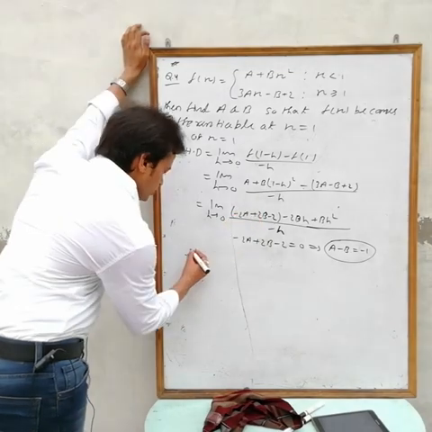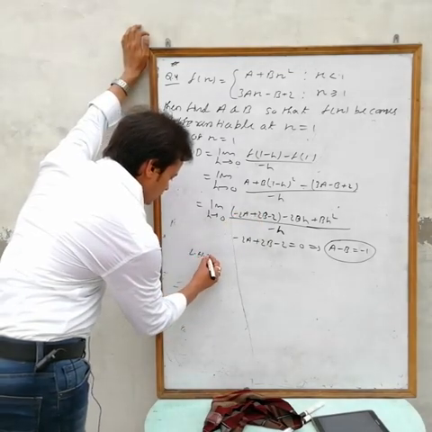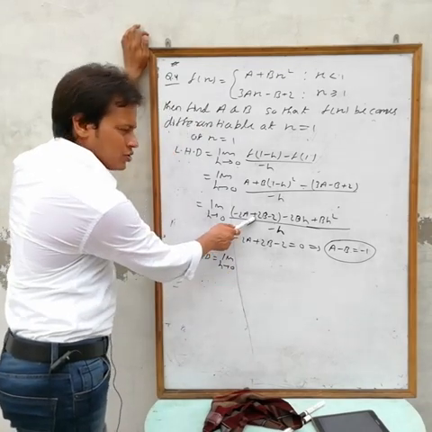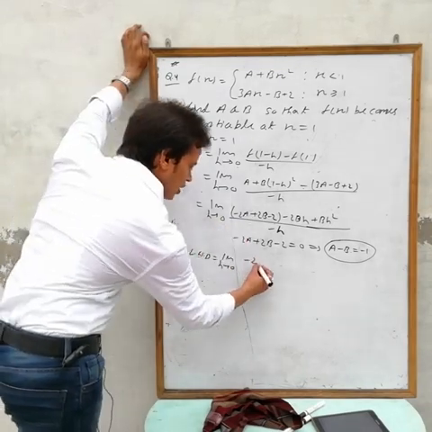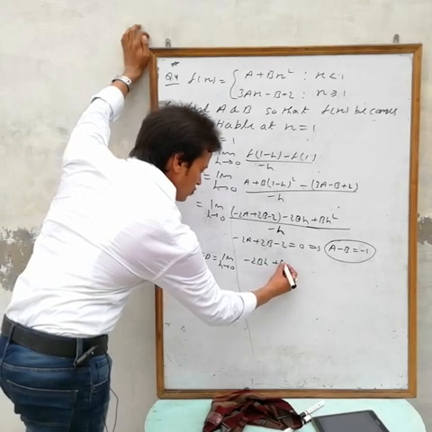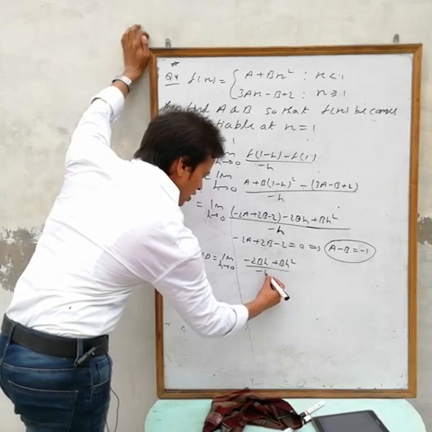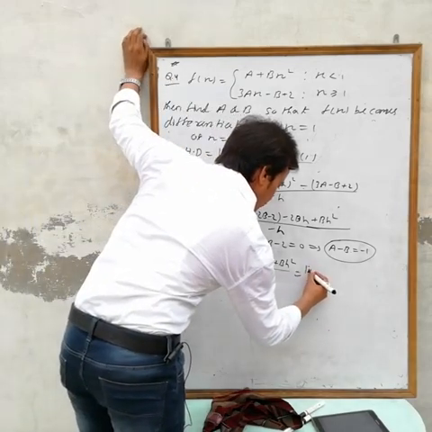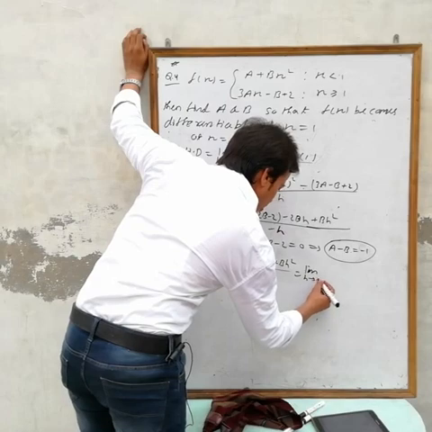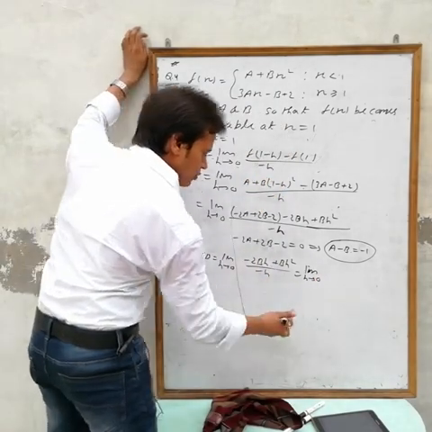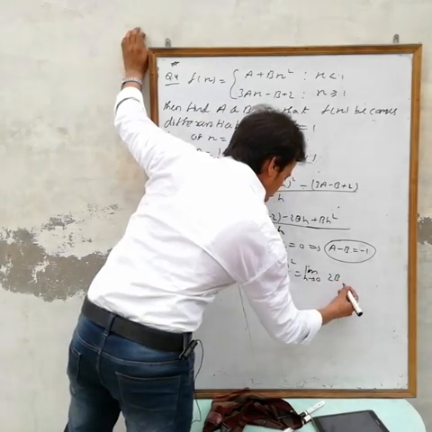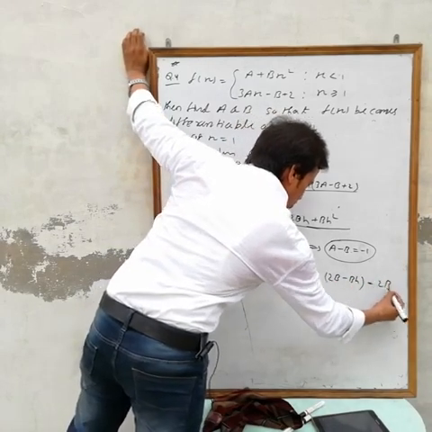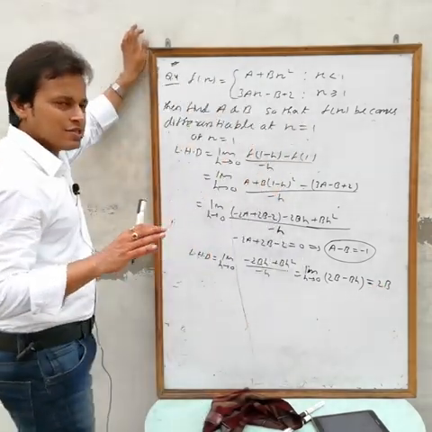Put this one equal to 0, then what are we getting? First we have to find the complete LHD, limit h tending to 0. If you put this one equal to 0, then no problem. Then what do we have remaining? Minus 2bh plus bh square, divided by minus h. Limit h tending to 0, minus 2bh by minus h gives 2b, and the bh term vanishes. If you put h equals to 0, we are getting 2b. So LHD is equal to 2b.